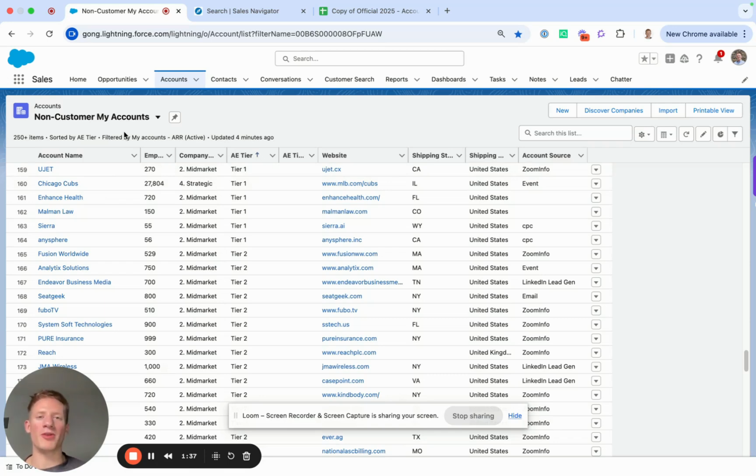And that's a manageable amount so that my approach overall is like do a little bit every day. So you never have to do a lot. You never have to do a 9-hour prospecting day as an account executive, but commit to doing that 2x4 every single day. So in my example here, maybe today I want to target UJet and I want to target the Chicago Cubs. So the first thing that I'm going to do is I'm actually going to go to Sales Navigator